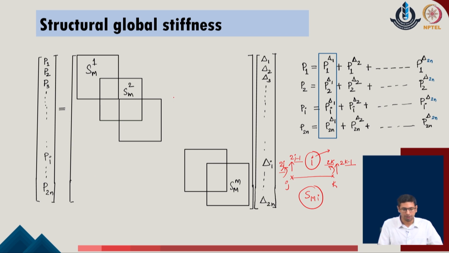So, I can bring the rows and columns corresponding to the 4 values which are assigned with respect to these degrees of freedom, and I can say that the contribution of the stiffness of member i will be provided to that position, because those are the positions which contribute to the deformation of member i in the given problem. So, if we provide any kind of global deformation in the position of these degrees of freedom, the deformation will also be adopted by the given member i, and that is where it is going to contribute to the overall stiffness of the given system.